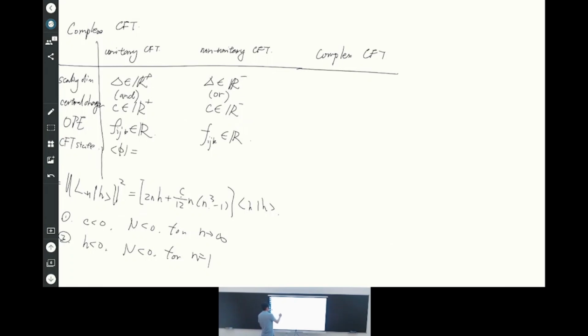For the unitary CFT, we know that the left and right states are just connected by simple conjugation. But for the non-unitary CFT, we don't have this simple relation with each other, right? And for the model,